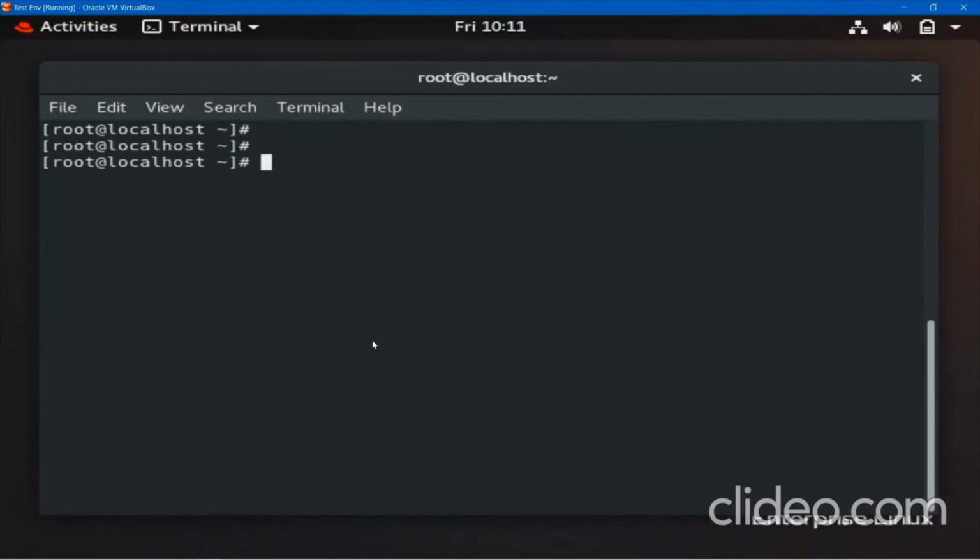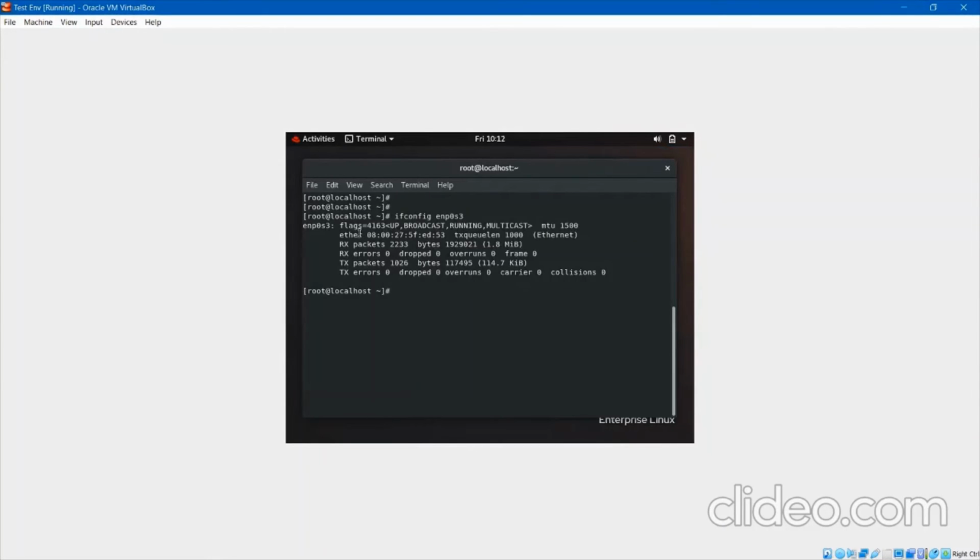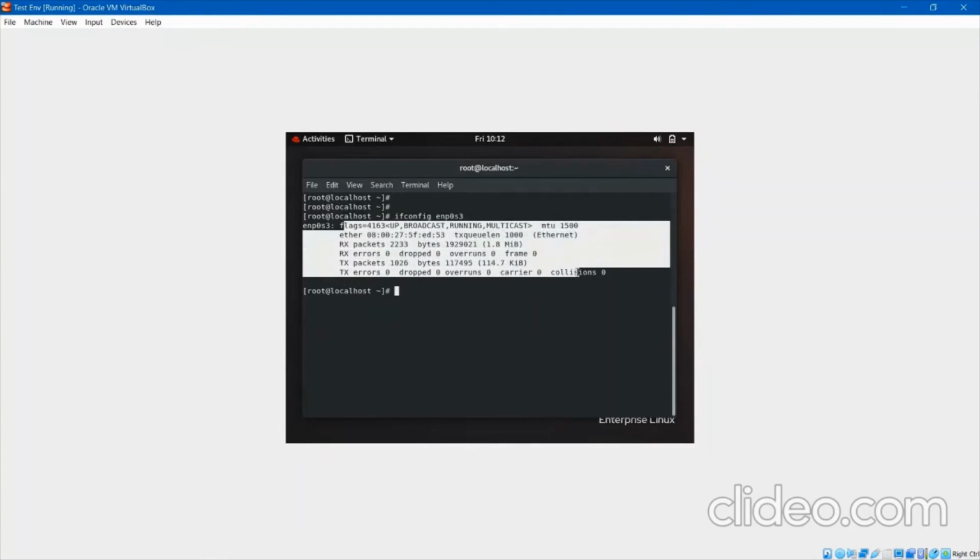One more thing I want to show you here. If I want to shut down my network, that is, disconnect my network, I can turn off this wired connection. Now if I do ifconfig, see here, we don't have the IP address. You have something called flags and other things, but you don't have the IP address.